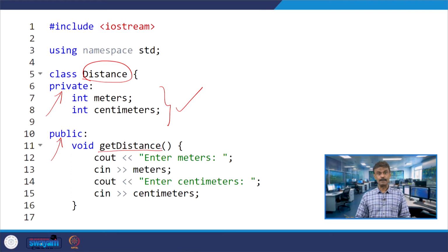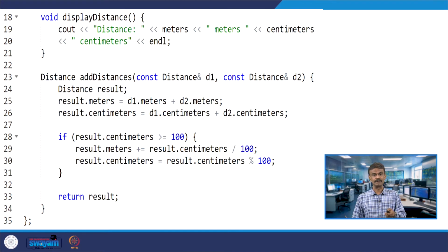You are taking the input from the user, who has to give meters and centimeters. We create an object and that object will invoke get distance, which means you have to pass two values, one for meters and another for centimeters. Then display will display the distance in meters and centimeters.